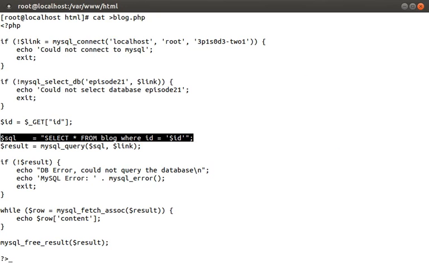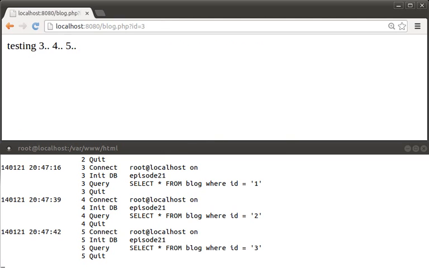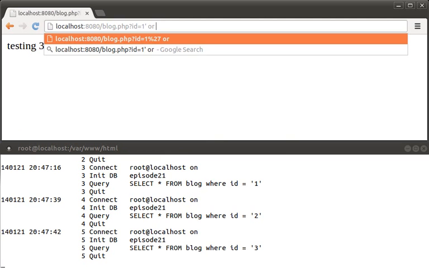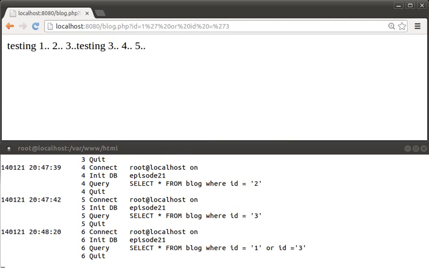Like we talked about in the beginning of this episode, an attacker might craft a special request to test his assumption that a SQL injection vulnerability exists. Let's type id equals 1, quote, or id equals, quote, 3. Sure, this looks odd, but let's execute it. Looks like we were provided with 2 records. Down here, you can see what we were expecting the query to look like, but there is actually this extra